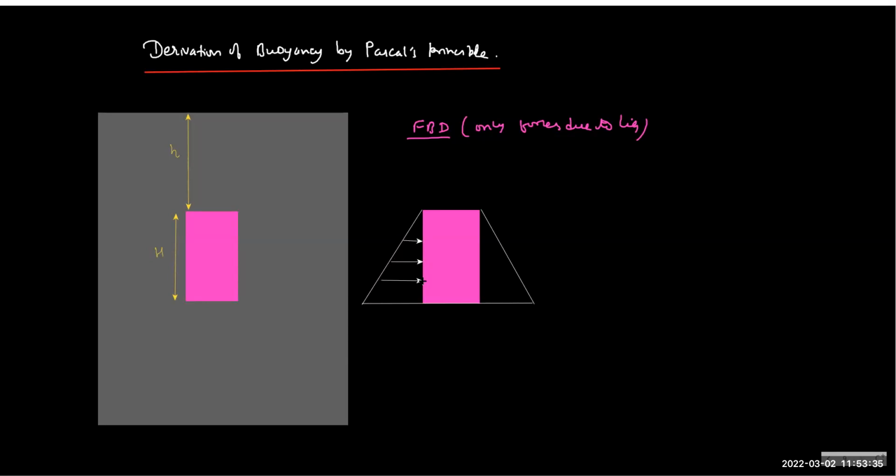And what you need to remember is that whatever be the shape of the object, the net horizontal force on the body is always zero. So this is what you have to believe, because an object cannot move sideways in a liquid. It can go up or down. It cannot go right or left. If you drop something in a liquid, it will not go left or right. So what we say is that the net horizontal force